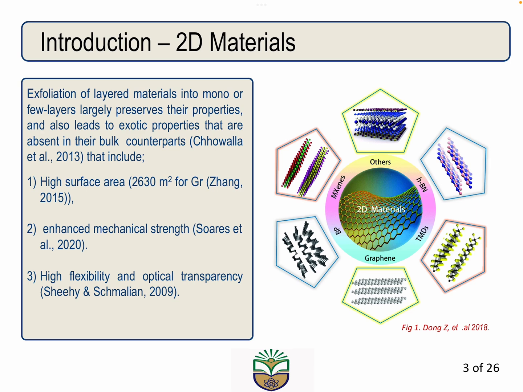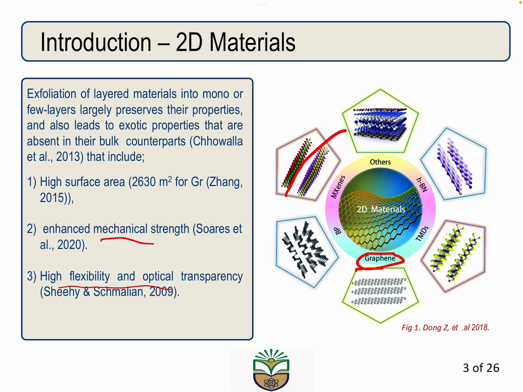And you'll find that by doing this, we obtain materials that usually have very exotic properties in comparison to their bulk. Among the properties these materials have been observed to have is a very high surface area, enhanced mechanical strength, and also very high flexibility and optical transparency. So we have various materials that have been studied as 2D materials, including graphene